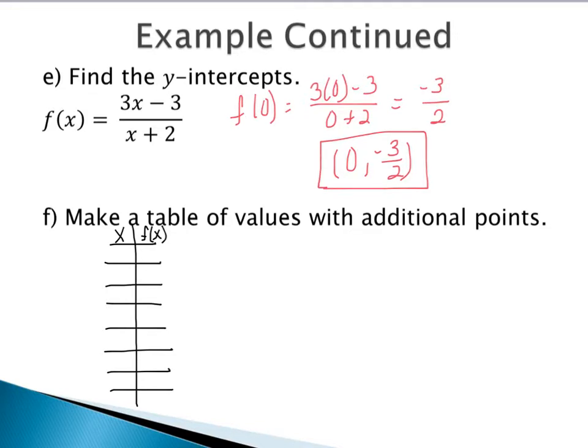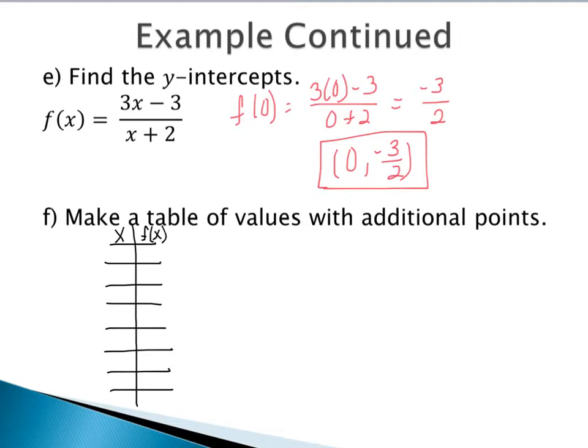So up to this point, we did a lot of work. We found our asymptotes, we found our intercepts, we determined if there was some sort of symmetry. But it is important, in order to get the full graph, to find more points. And it is also important to understand what kind of points we need to find. So we can't just assume that we're going from negative 2 to 2. We can't really just pick any random points. There has to be some method.